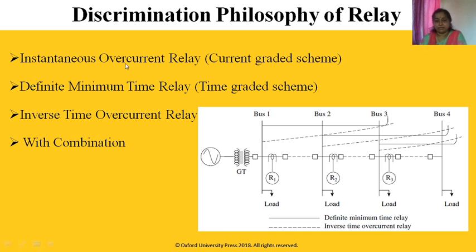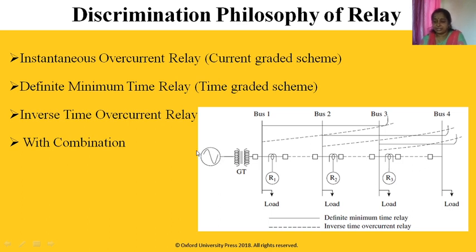For all these cases we'll consider this example. We'll consider a radial feeder. This is a generator supplying power to the transformer. This transmission line or distribution line has multiple sections. This is bus 1, bus 2, bus 3, bus 4, zone 1, zone 2, zone 3. Now as this is a radial feeder, we require a circuit breaker, and this is your CT and a relay. If this were a double infeed system, we would definitely require a CT and relay at this end also.